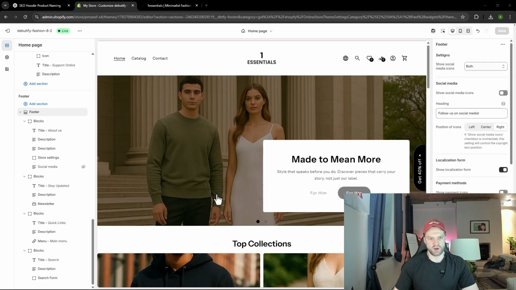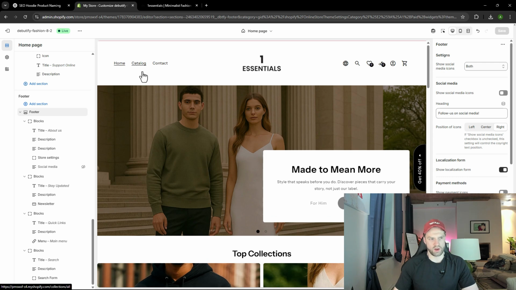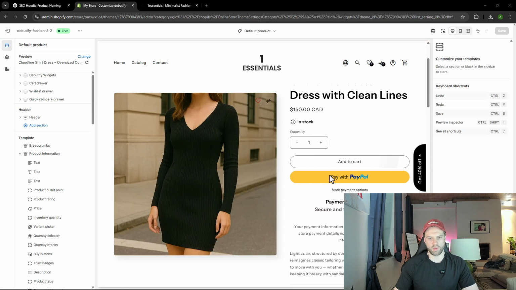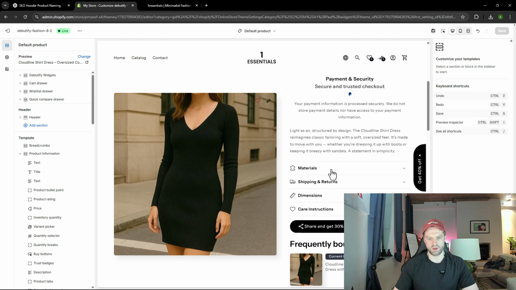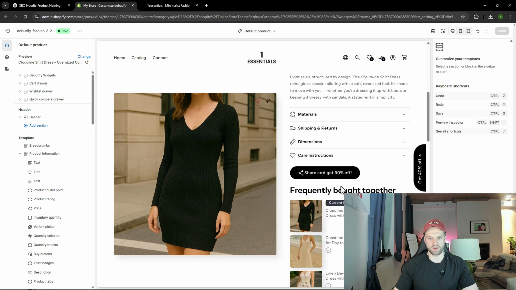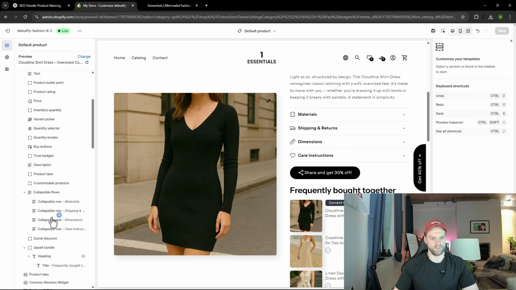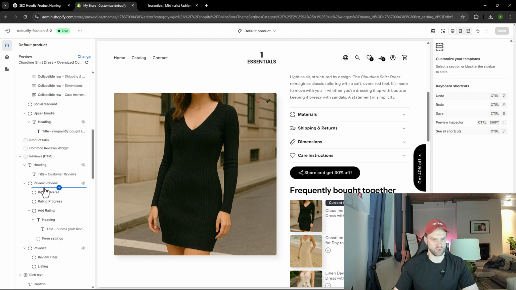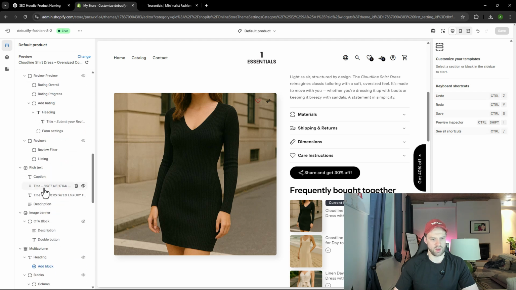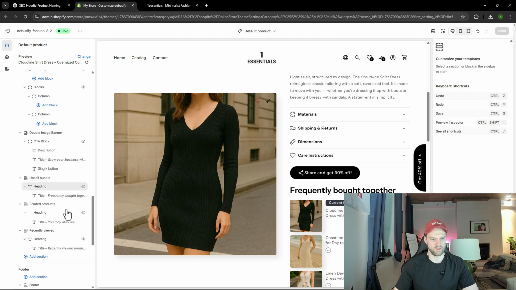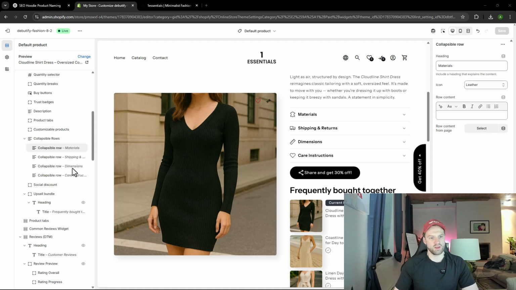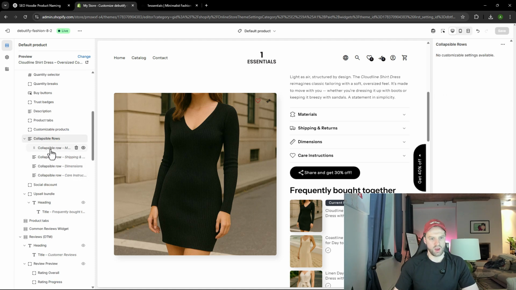Nothing to be changed there, guys. Okay, let's move on to our product page. Okay, this is our product page. It's looking good. So here we can fill in the materials. For that, we're just gonna scroll down to, let me just find it, guys. Give me a sec. It's gonna be under the collapsible row, guys. So we're just gonna hit that and